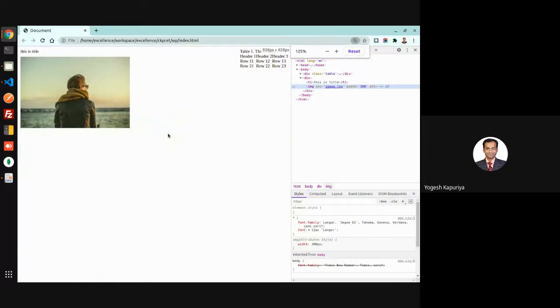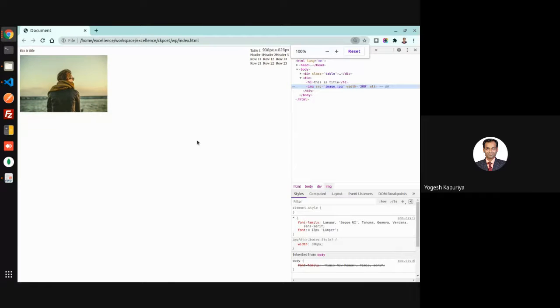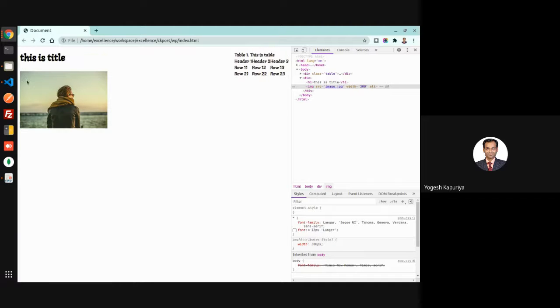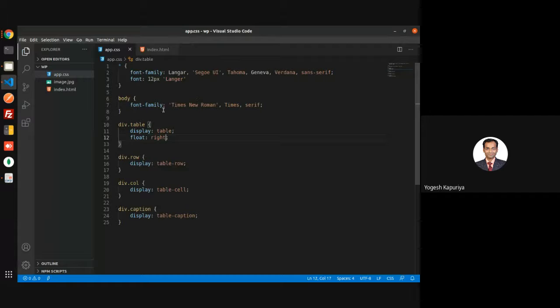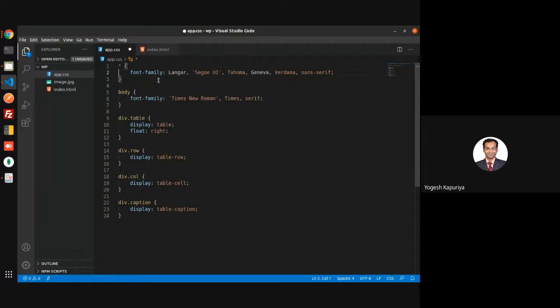By the way, this is the 100%. Okay. So let's just remove this default font size.